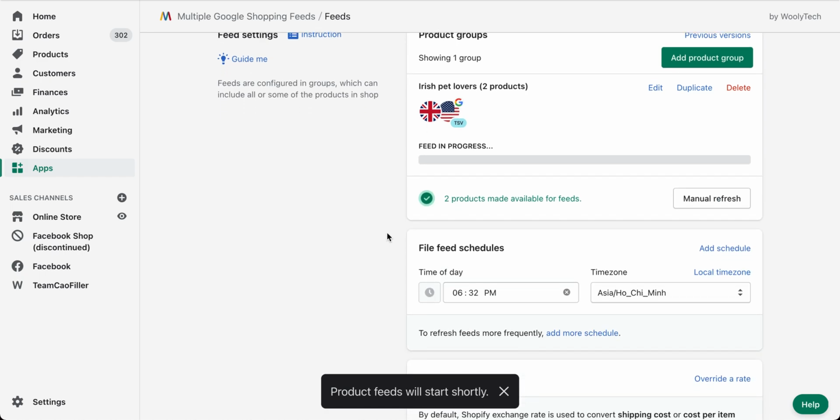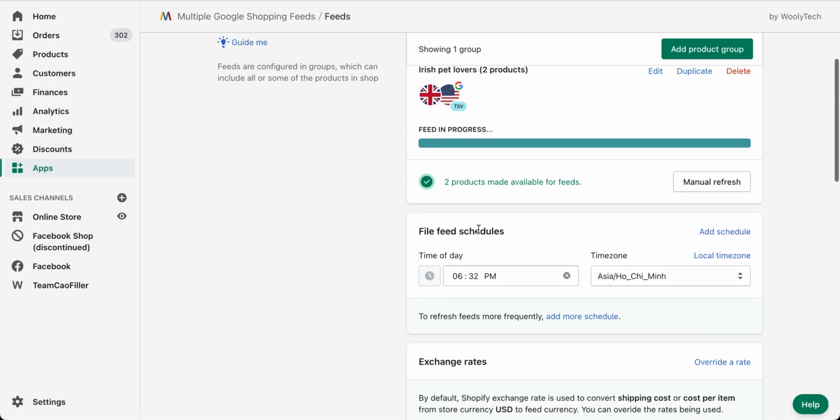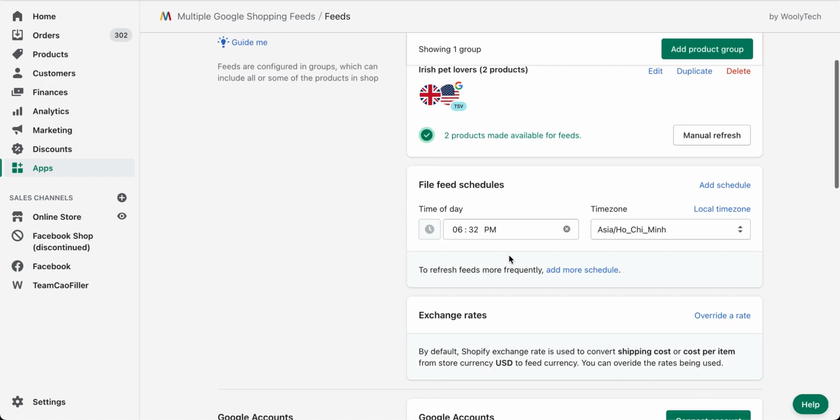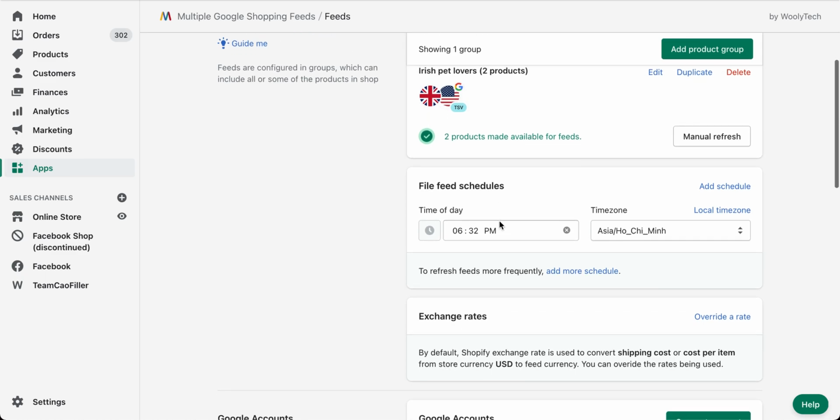Okay, so the feed starts immediately, as you can see here, and because it is a file feed, I will have a chance to configure the time when the feed will refresh every day.